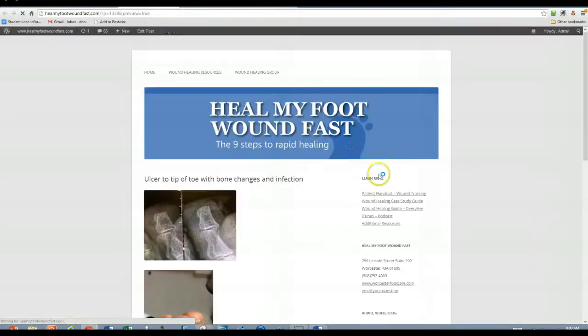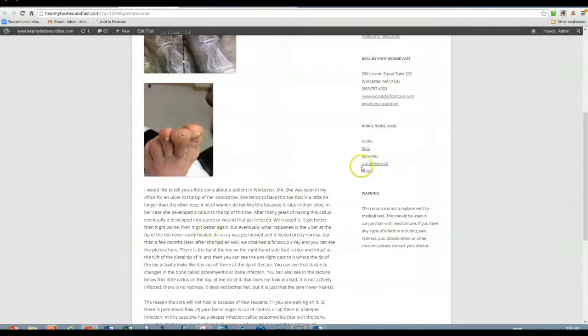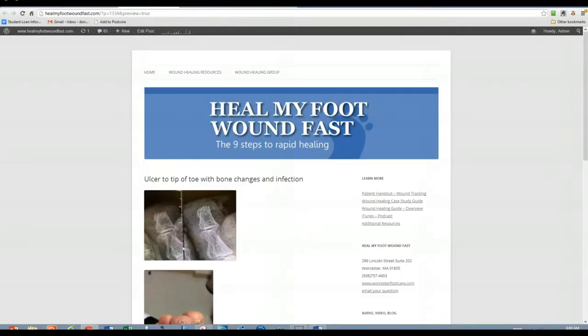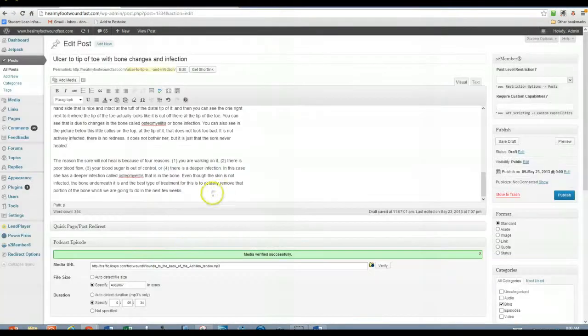So just let me show you what this will look like. So ulcer to the tip of the toe with bone changes and infection. Little story right here, and this would be the actual podcast, and it has the different types of blog posts down here. Okay, but for this one, we're actually not doing that because this isn't related to this blog post. But I wanted to show you because a lot of times I'll refer over to a podcast for you. Okay,